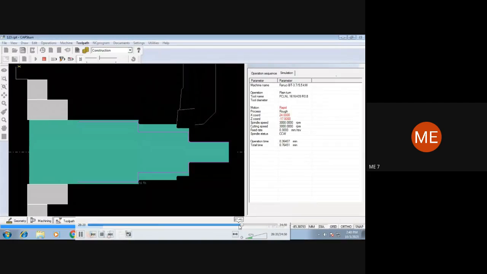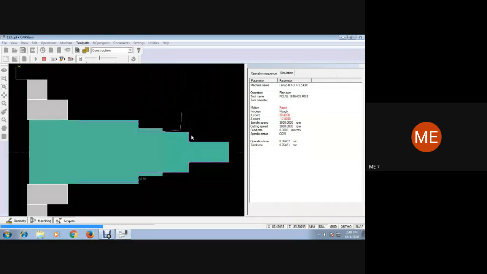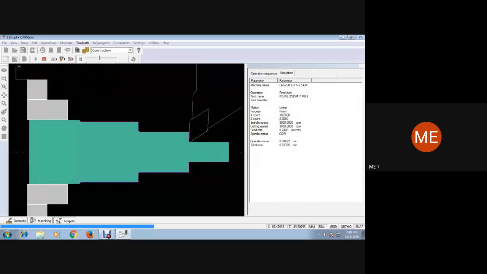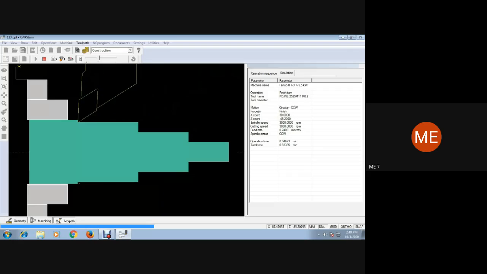So now you can see here in the already machined area, there's a gap left over, some amount of material for finishing, right? You can see that now, both in x and z directions, because we had given finishing allowance to be maintained for about 0.5 mm in plane face.